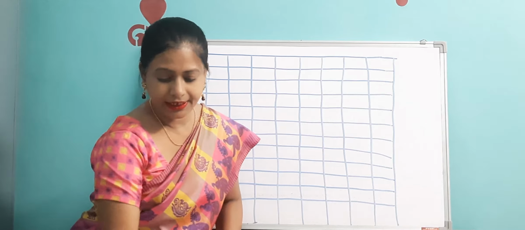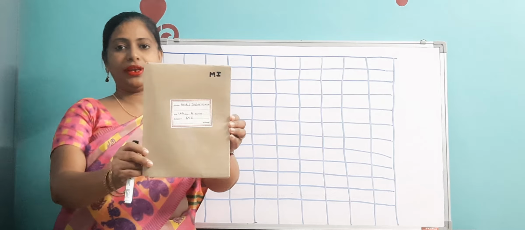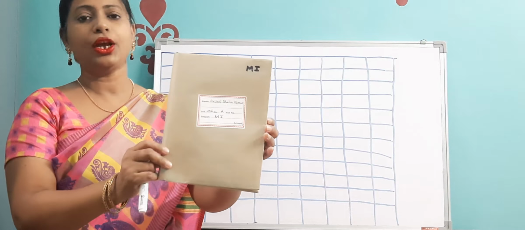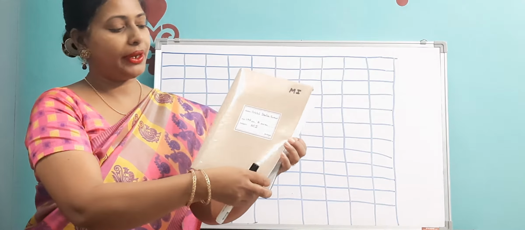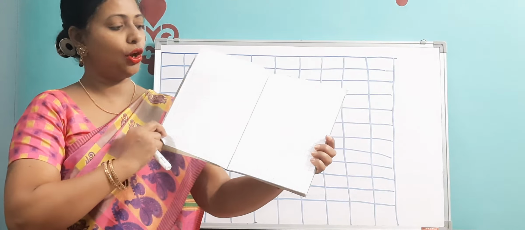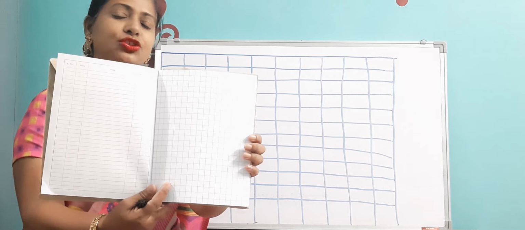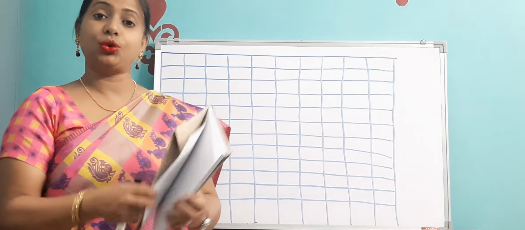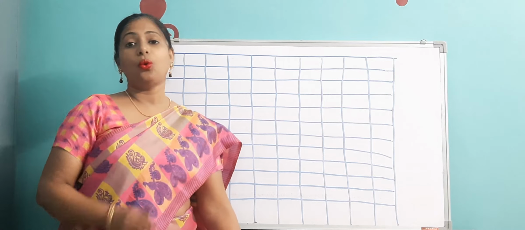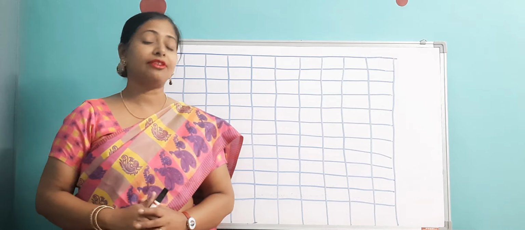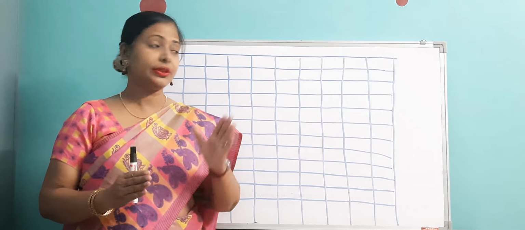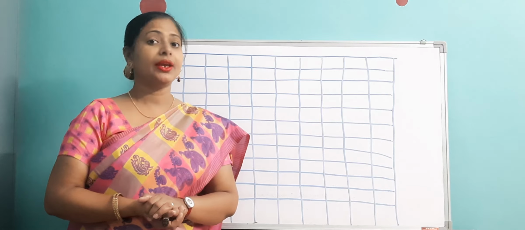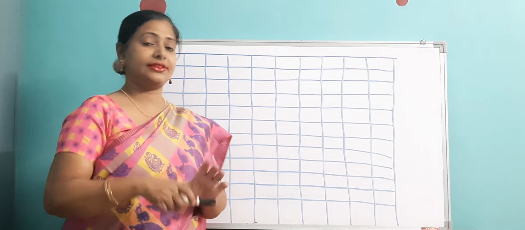Yes. So now you can see this is your M1 copy. Can you see? Is it visible, children? This is your maths 1 copy. You will make a copy, a maths copy, and you will do the work in your maths copy. This maths copy has pages like this. It has squares all over the pages, and you have to learn how to write within these squares. So today I will teach you how to write within the square, and first of all we'll start with the standing line. The very first pre-writing stroke is the standing line.